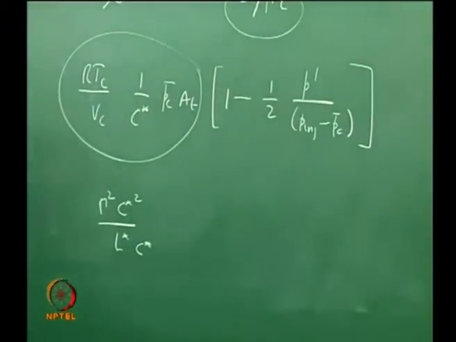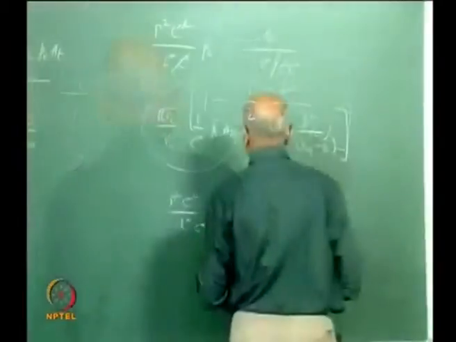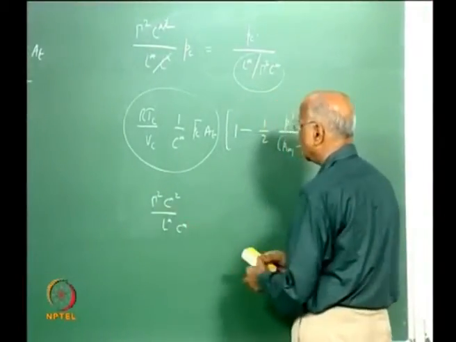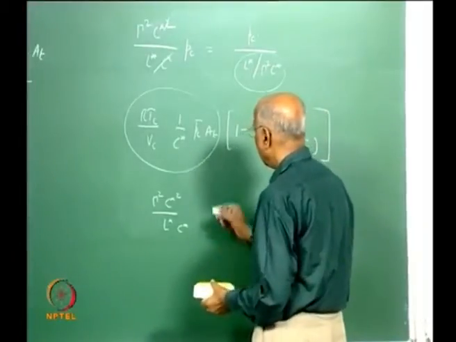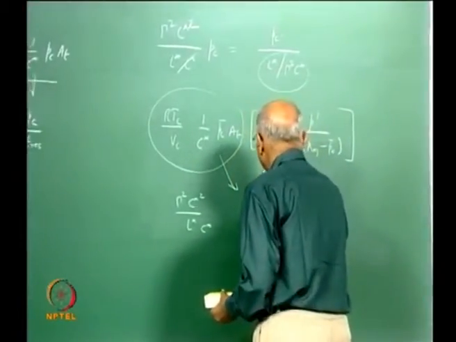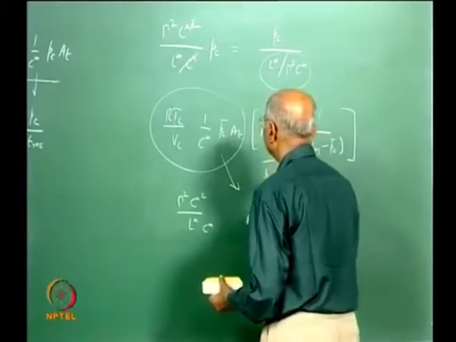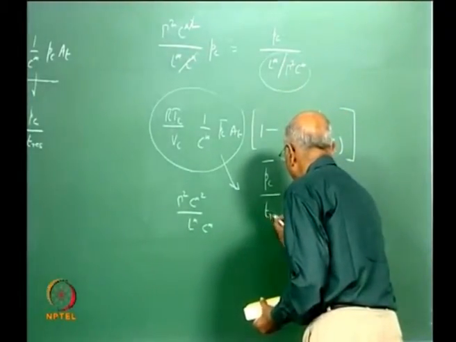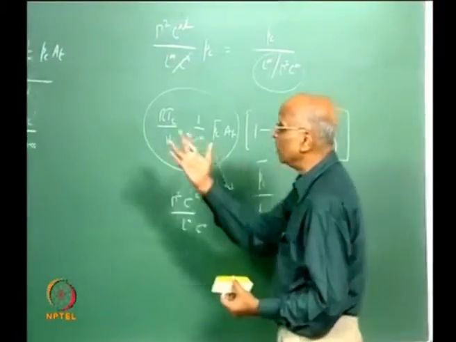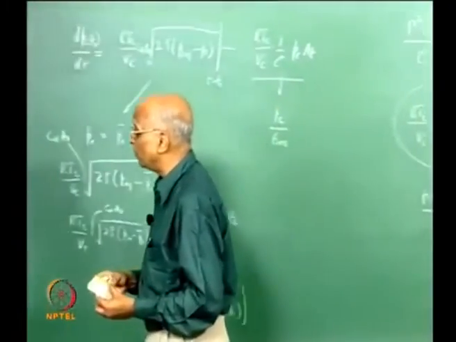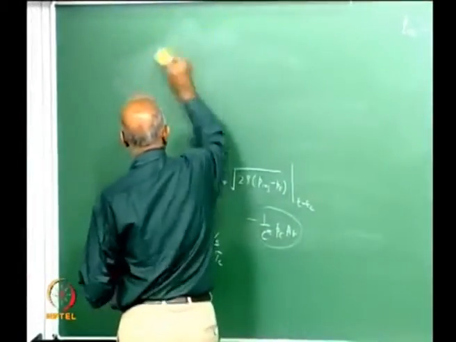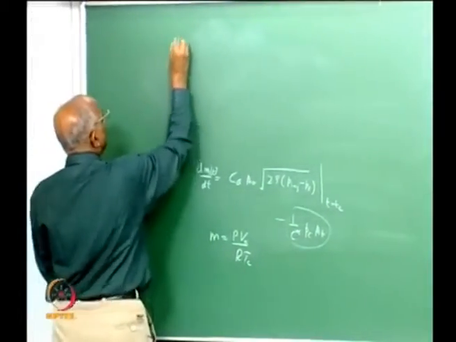And what is it now I am getting? Let us again be very clear. What is it I have got? C star L star by gamma squared C, that is 1 over residence time, and therefore this expression now becomes PC bar by the value of T residence, and therefore what becomes of my equation? My equation gets terribly simplified, and now I am able to write this equation as dPC by dt